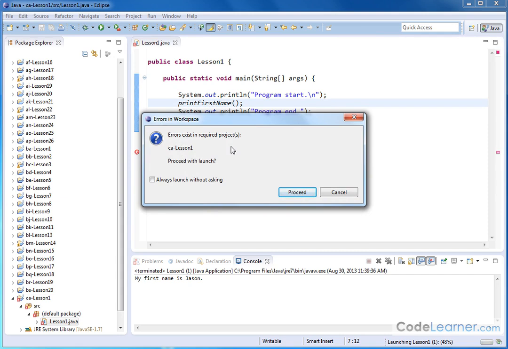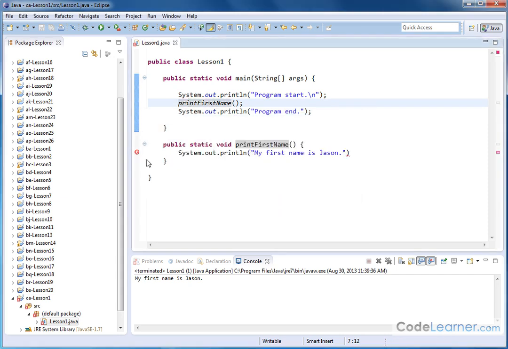What we have here is an error message. So anytime you see that, don't proceed, hit cancel and see if you can find anything obvious. You see there's a big red thing right here. It says syntax error, and you can see that we forgot a semicolon at the conclusion of this print line statement here. So let's go ahead and save it again,